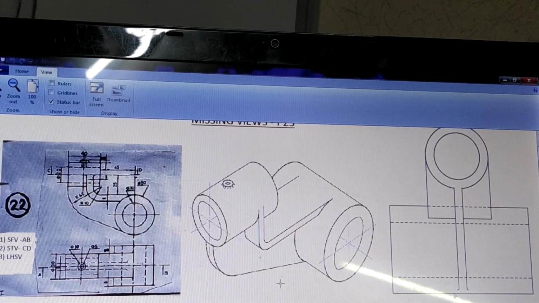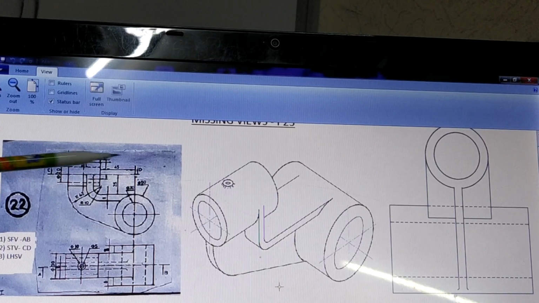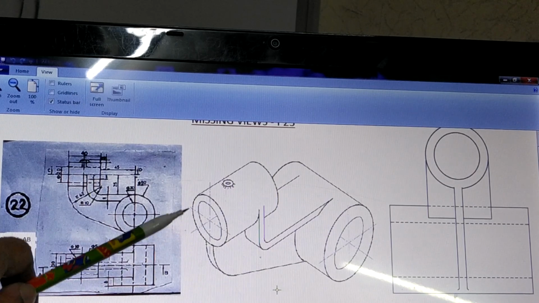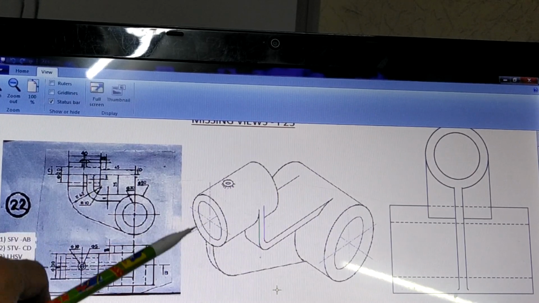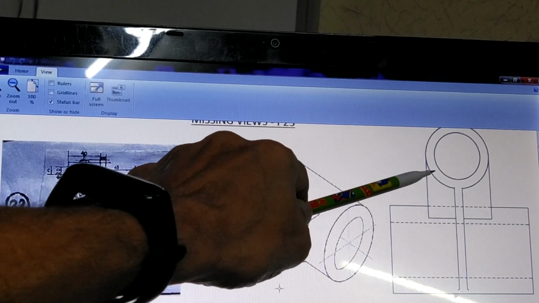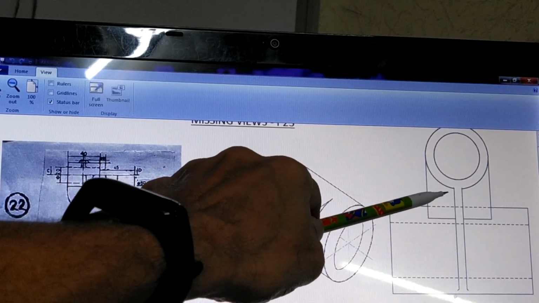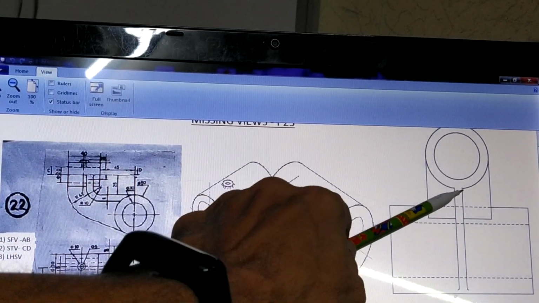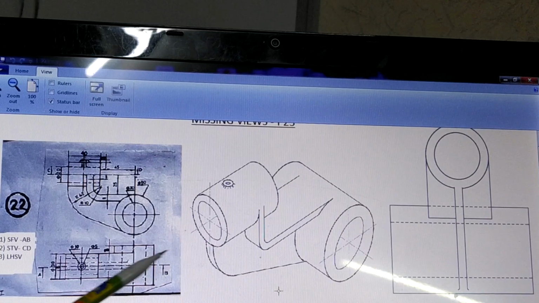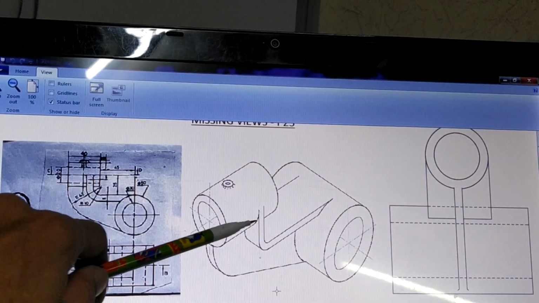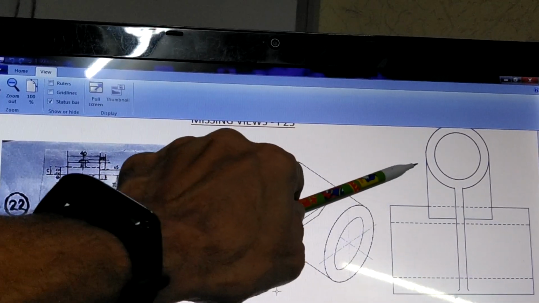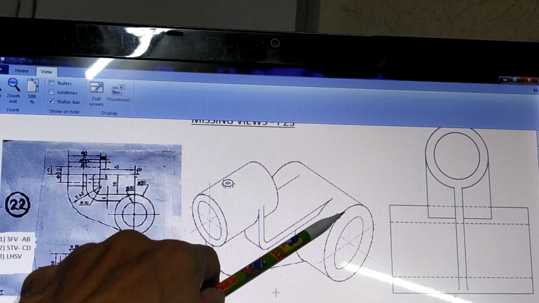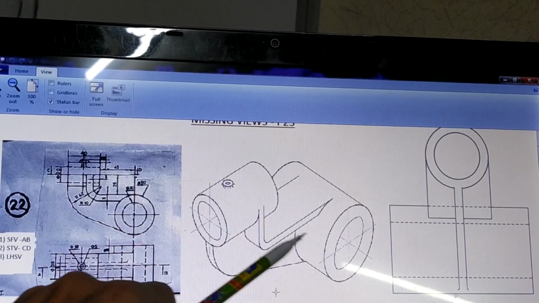That means when you see this object from the left side, whatever you see you have to draw on the right side. So when I am seeing this object in this direction, I will see this pipe from its front view like a circle. So you can see here there is a pipe like this. This pipe is this shape, then there is a rib down here which is shown here. The flange which is there on either side has the same width as that of the pipe. So that flange is shown here, and it is touching here. The top surface is merging with the circular shape here, and then the lower surface is here.